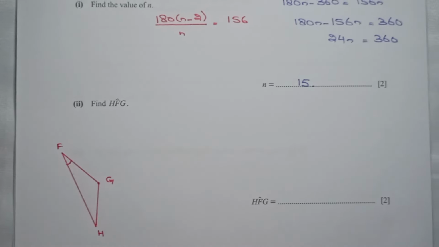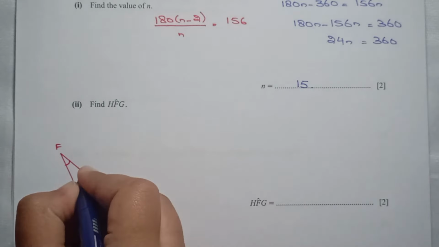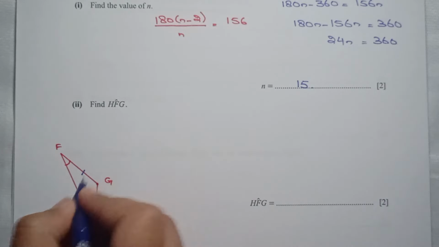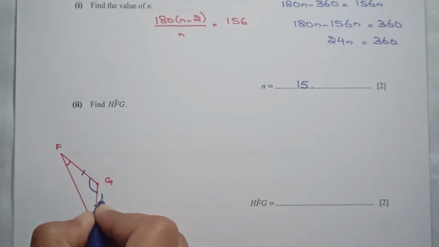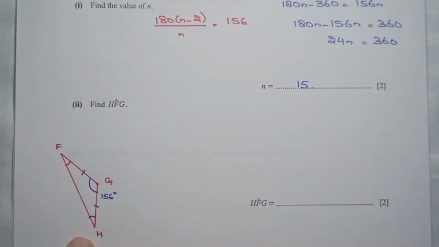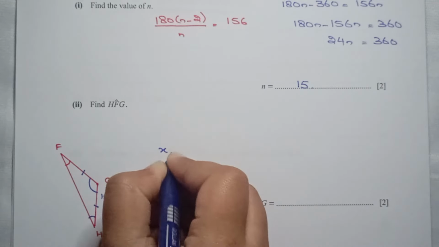As we know that it is a regular polygon and all the sides are same. So when this side and this side are the same, the angle F and the angle H are the same, and the angle G we already got is 156. When two sides and two angles of a triangle are the same, it is an isosceles triangle. We can find the missing angle by using the formula: if this angle is x plus